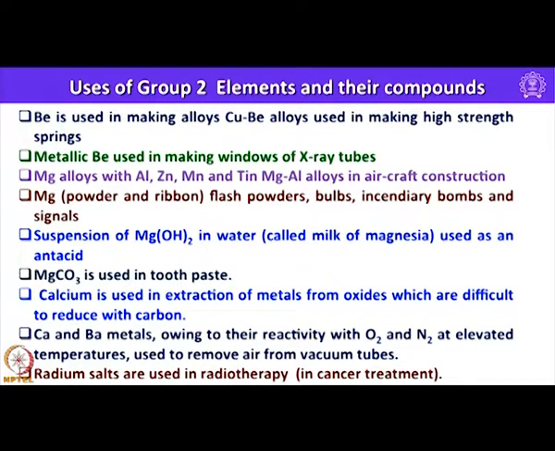Metallic beryllium is used in making windows for X-ray tubes, and magnesium can conveniently combine with aluminum, zinc and manganese and also tin to make a variety of alloys with different properties. Magnesium aluminum alloys are used in aircraft construction, and magnesium powder or ribbon is used in bulbs, incendiary bombs and signals, and suspension of magnesium hydroxide in water is also called milk of magnesia, used as an antacid,